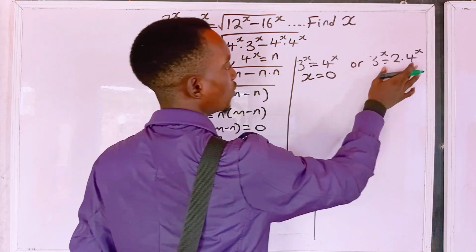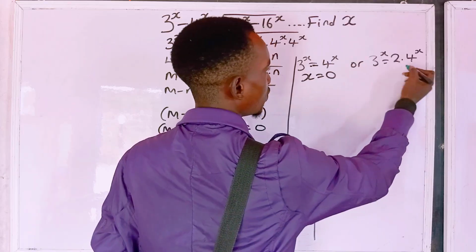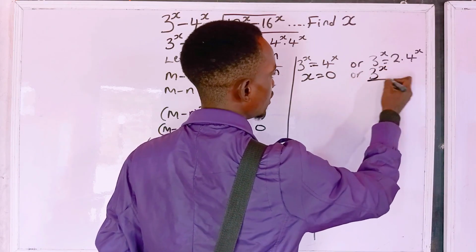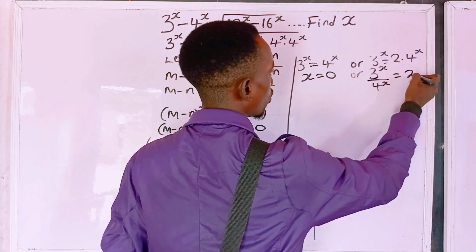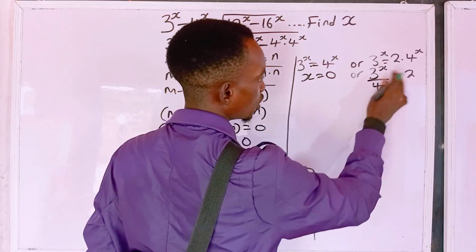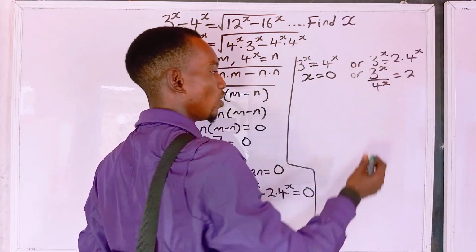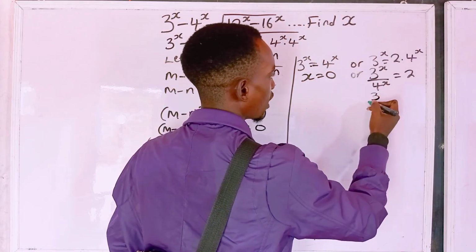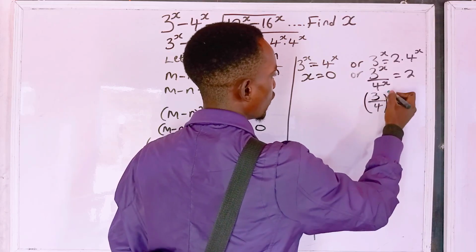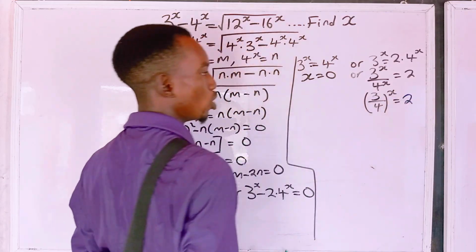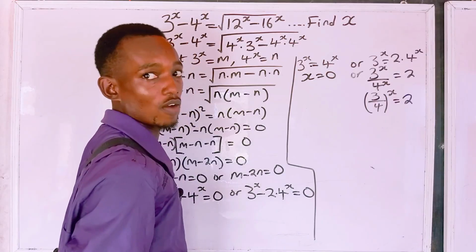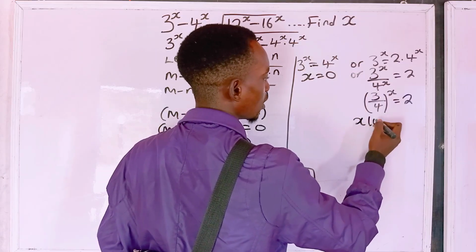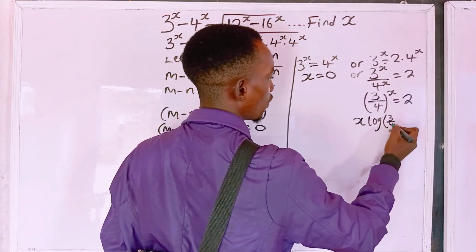So here now that is sorted, x equals 0. But here now, let us solve this normally. So let's divide both sides by 4 to the power of x. Then we have 3 to the power of x divided by 4 to the power of x equals 2. So let's continue now. Here they have the same power, law of indices. We can bring them together. So we can have 3 over 4 all to the power of x equals 2. So to solve for x here, normal idea of logarithm, we take log of both sides. So then we're going to have x log 3 over 4